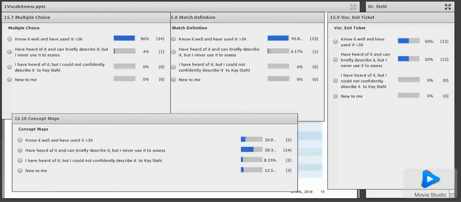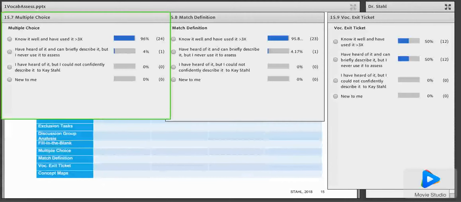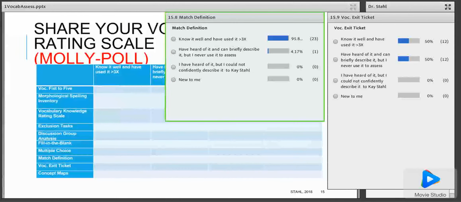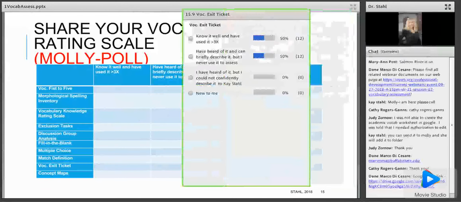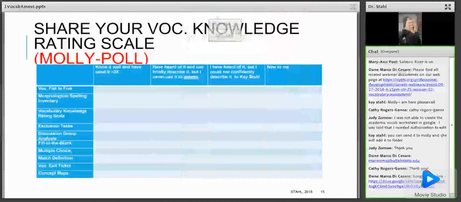Okay, Molly, I think we're good to go. Thank you, folks, for sharing this information honestly with me. And you can see that when it's not high consequences, you feel comfortable being honest. That's what most of the research has demonstrated, that these knowledge rating scales are good, simple ways to get a pre-assessment